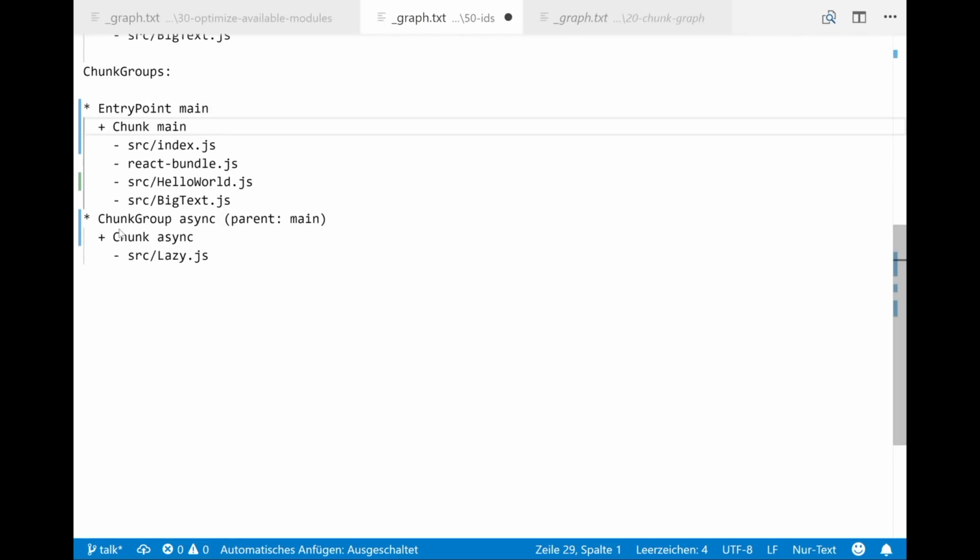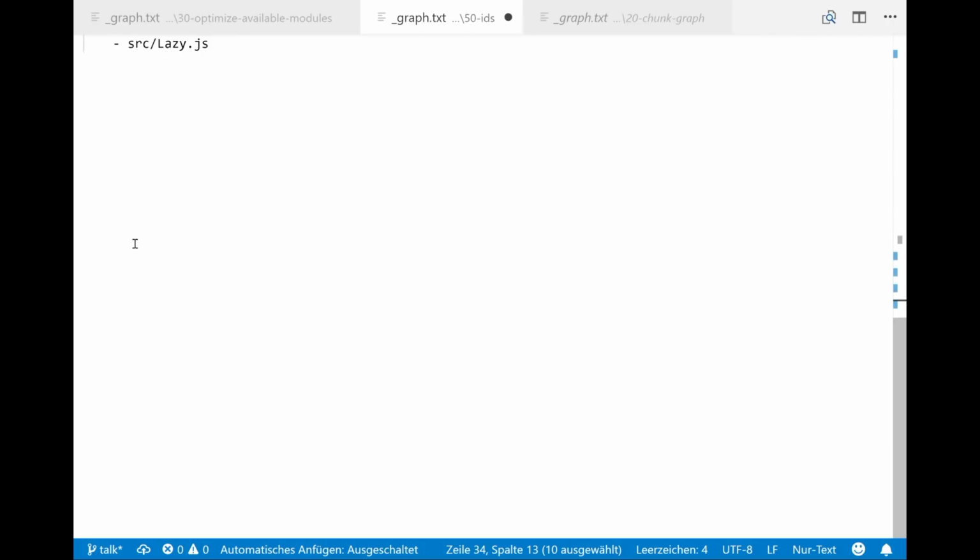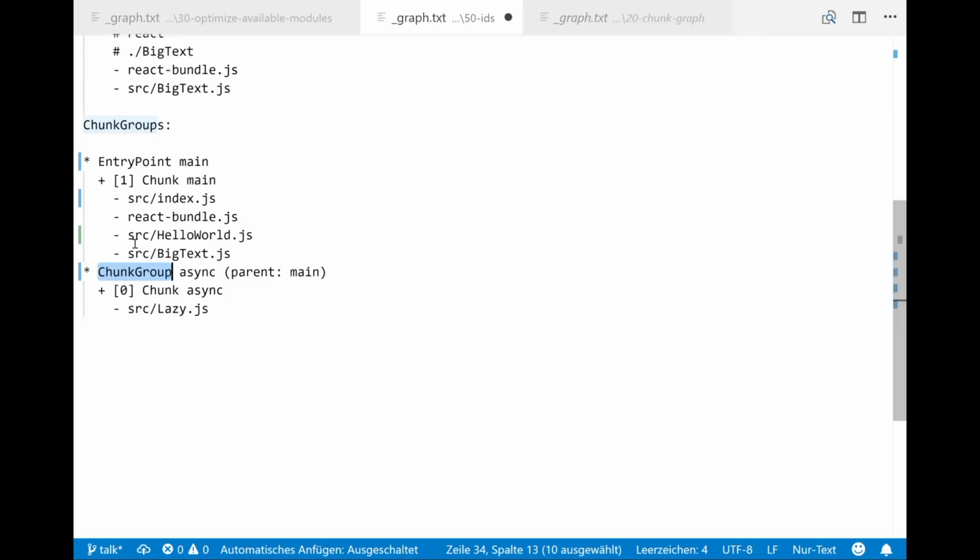So we give it a number, 0 and 1. The chunk groups are not relevant for the generated code, so they don't need to have an ID. Webpack usually sorts the modules and gives the chunks and the module IDs in sorted order, where it's sorted by how often you use it.